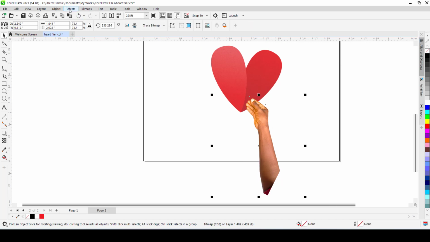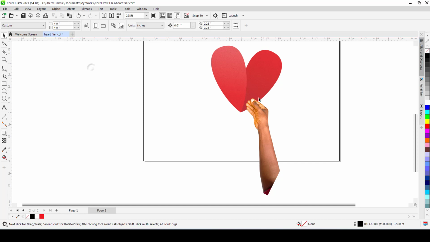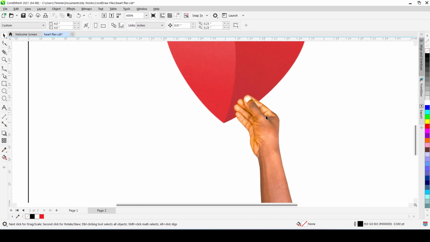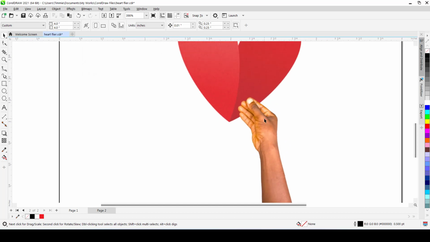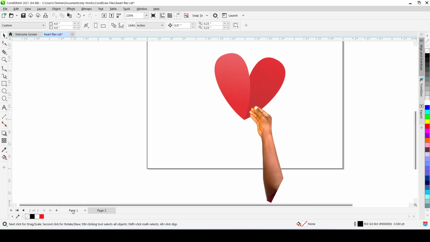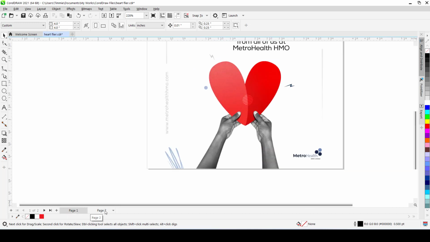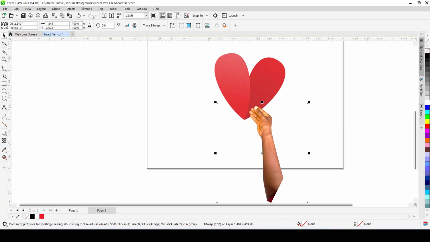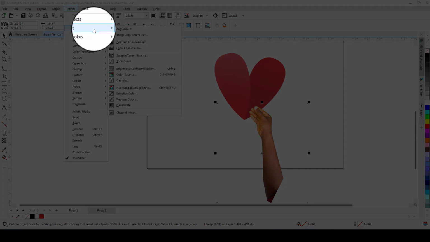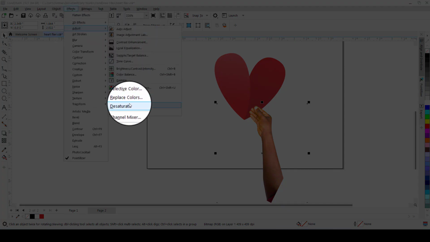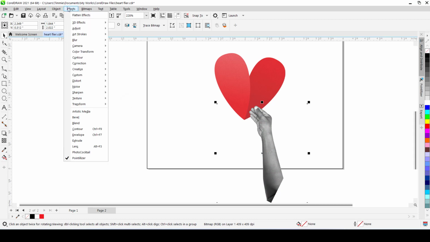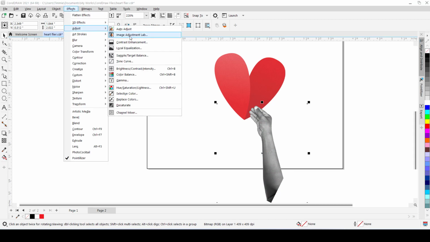Then you can go to your effect again and flatten, and that's it. So right now, there's something else we need to do. We need to send this image behind and also turn it black and white, because you can see from here it's also black and white, right? So select the image, go to effect and go to adjust and say desaturate, and then you could still go to effect and then go to adjust, and you could do contrast enhancement, or you could do brightness, contrast, and